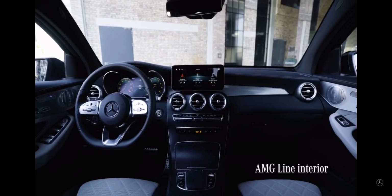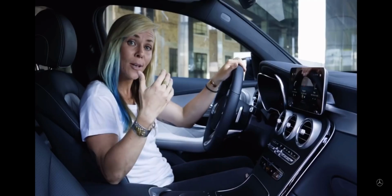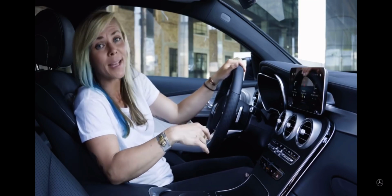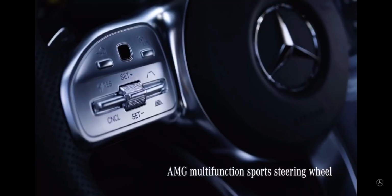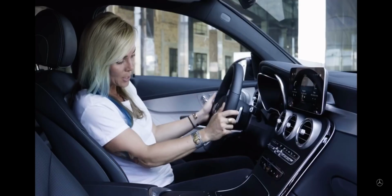Let's take a look inside, guys. All over the place, you'll see new trim elements and colors. Now, our coupe, which is basically the same cockpit as our GLC, is equipped with the AMG line. The most prominent is this new generation of the high-tech steering wheel. Now, if you guys are really into details, you might want to check out the AMG Sport pedals in brushed